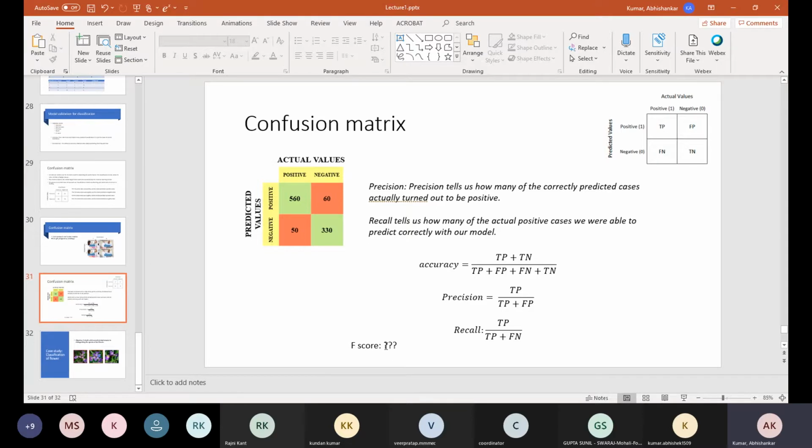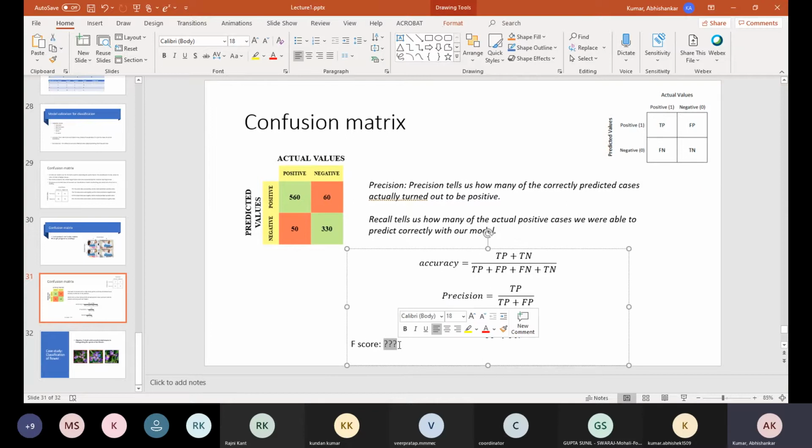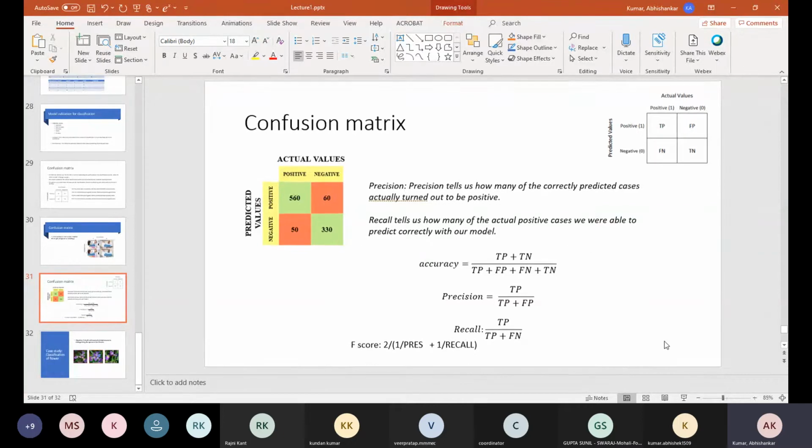This is easy actually. It is 2 divided by 1 divided by precision plus 1 divided by recall. I just wrote it down like this.